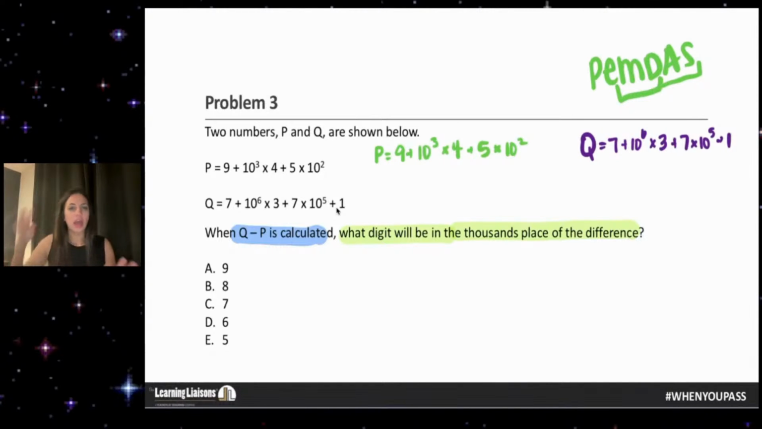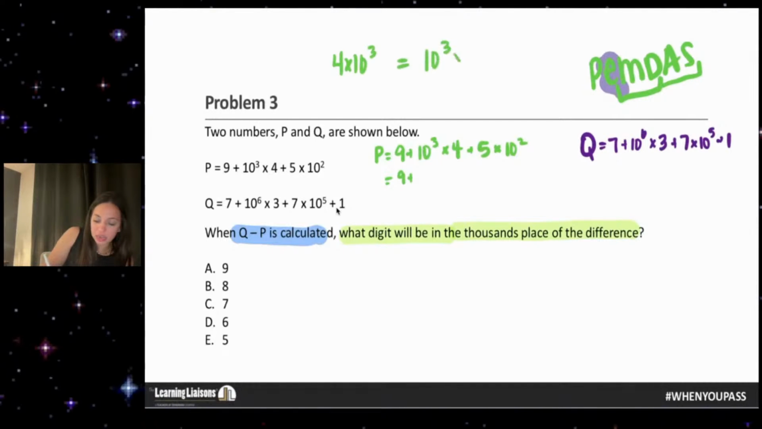And so I'm going to do multiplication and division in whatever order they appear in the problem. But I'm going to evaluate those exponents first. So I'm going to do 9 plus. Now, there's two different mentalities to this. You can do 10 to the 3rd times 4, or you can use your understanding of scientific notation to evaluate that. So 4 times 10 to the 3rd is the same thing as 10 to the 3rd times 4 because